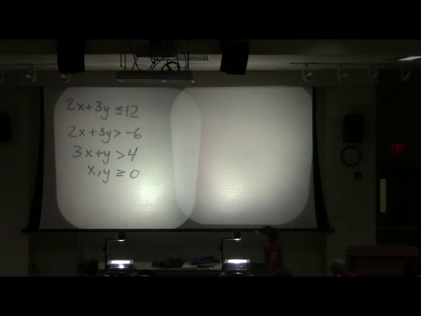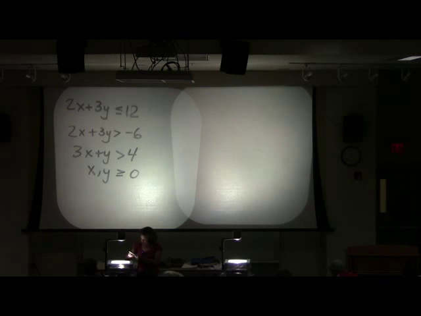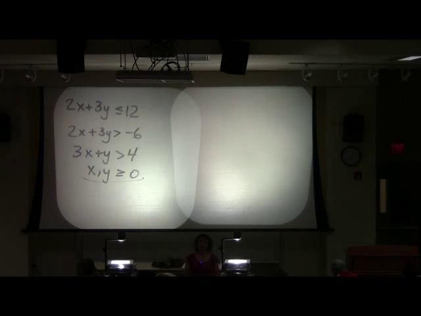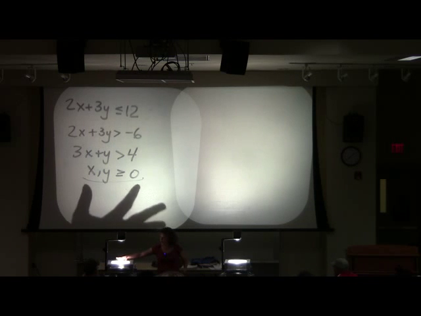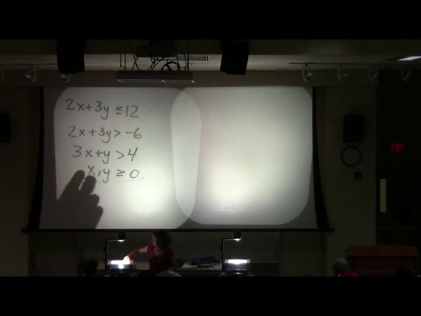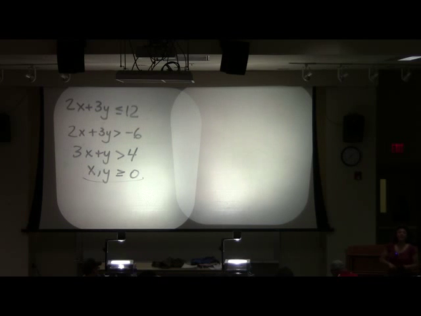Okay, now, let me begin by making a comment about this last inequality. On your exams, you will always have x and y greater than or equal to 0. I'll talk about why you're psyched about that, but before that, let me explain why. The reason we're always going to restrict ourselves to both x and y greater than or equal to 0 is because we're learning this stuff in order to solve word problems using it.